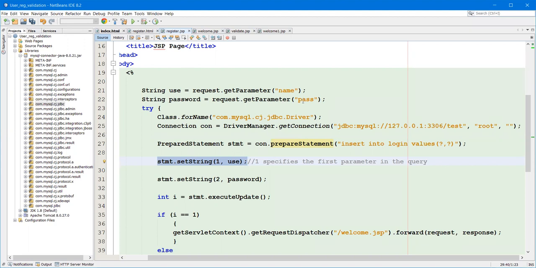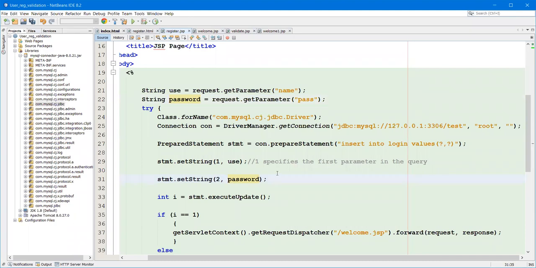Username. We are storing the entered username in the use string variable, so we pass the use string variable. Then password is stored in the password string variable, so as the second parameter, 2 comma that string variable is passed.